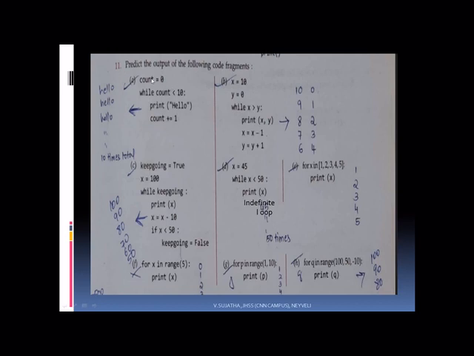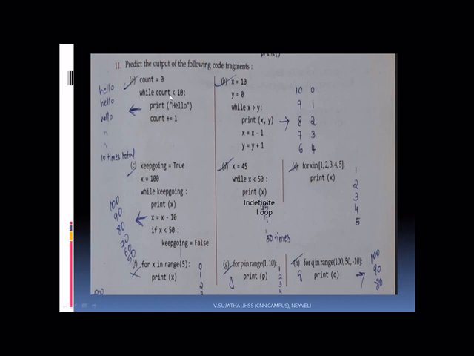Okay. So first we'll see the first one, count equal to 0. We'll take count value 0. While count less than 10. That means very first count value 0. So 0 less than 10. Yes, the condition is true. See here, the while header, that is the compound header, they have given while loop and two statements with indentation. That means if the condition is true, it is going to evaluate these two statements. If the condition is false, it will come to the next statement. There is no other statement.